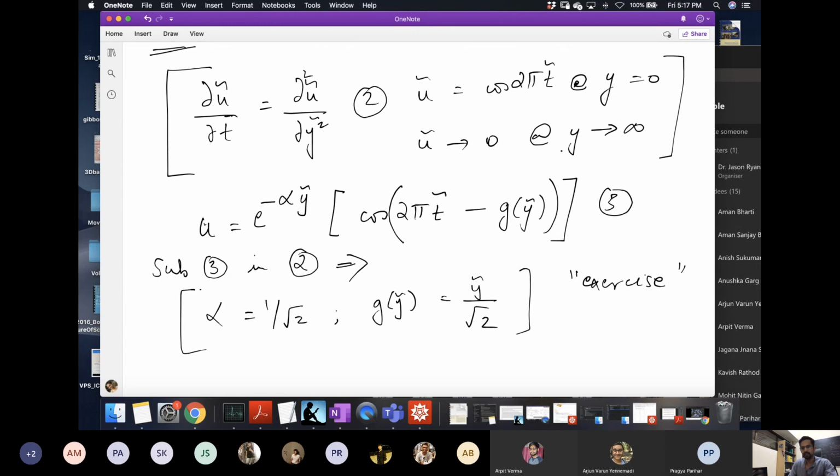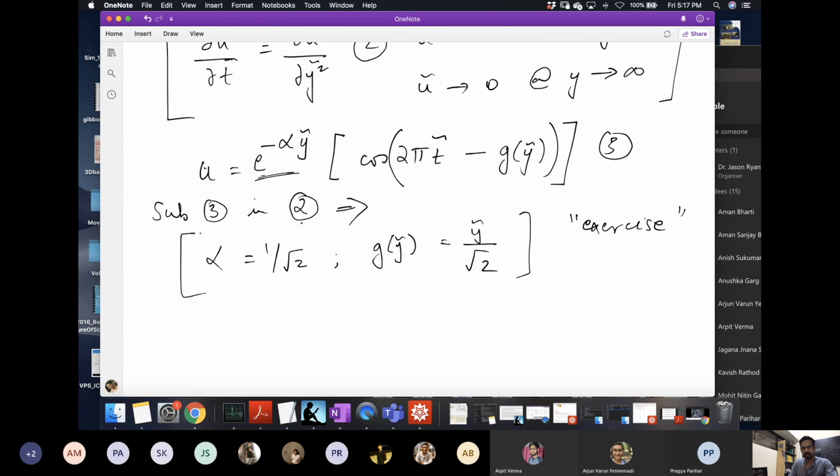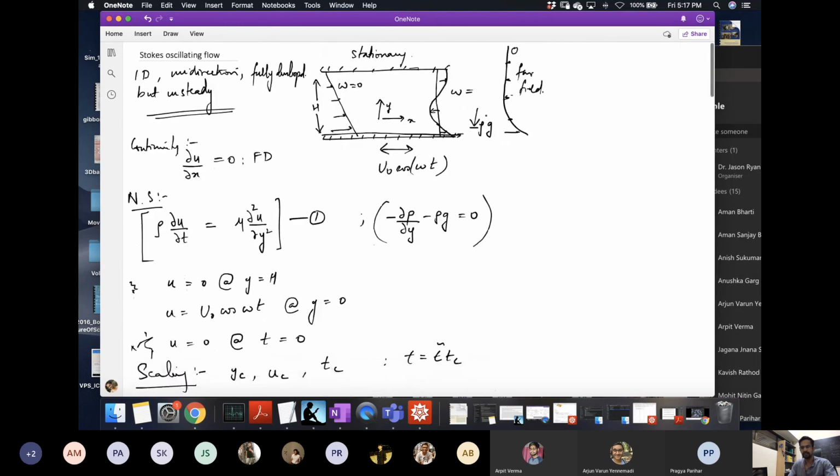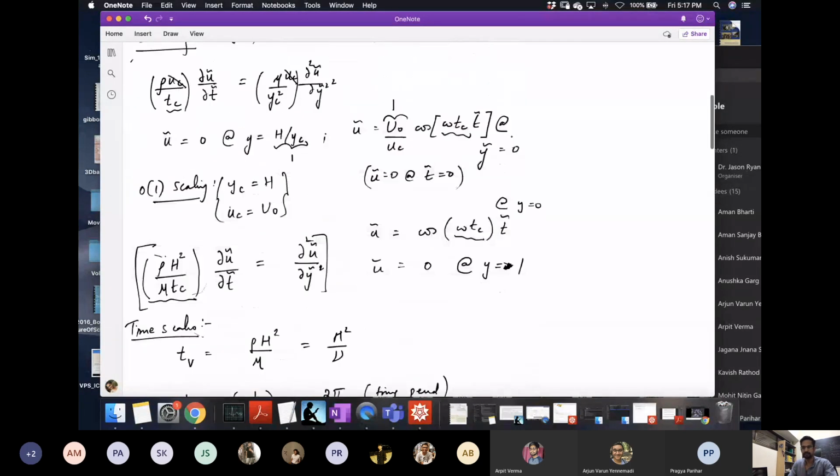And the condition at y equal to 0, and u going to 0 as y going to infinity, is automatically built into the exponential term. Okay, so you get a solution sort of what you had initially expected: if you have a problem where the wall is oscillating very quickly or the height of the channel is very large, the velocity should decay away from the wall and it might oscillate in either direction.